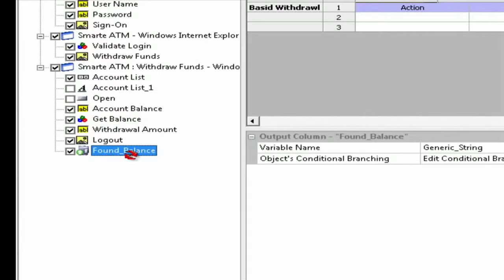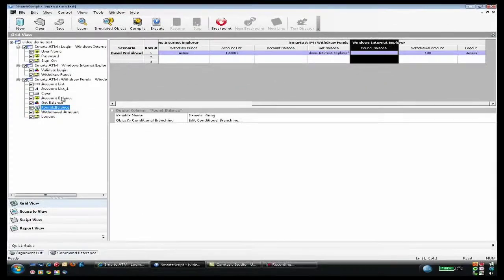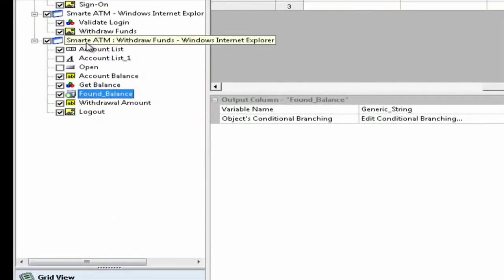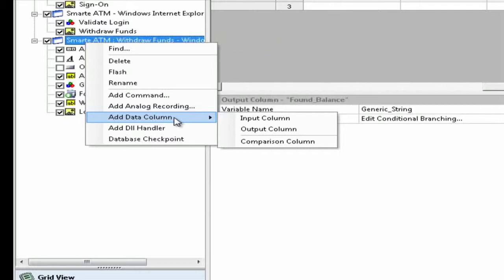For organization standpoint, I'm going to move it right after the get balance. It's not a required thing, but it helps from an organizational standpoint to know where your objects are. Now, I've pulled a balance off the screen and I'm storing it in my data. I may have something that I want to compare that to. Again, right-click on the parent window, select Add Data Column,